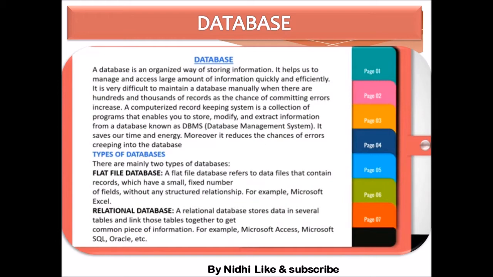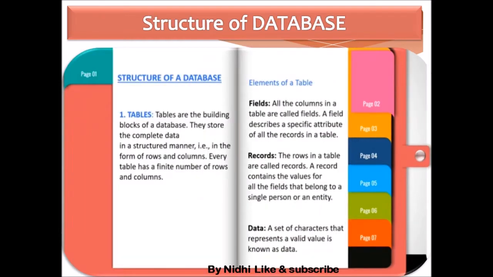A relational database management system stores data in the form of tables, and in a table we have rows and columns. The tables are also related to each other. Examples of relational database management systems are Microsoft Access, Microsoft SQL, Oracle, MySQL, Sybase, and a lot of other examples. What we are using in this chapter is a relational database management system, that is Microsoft Access 2010.